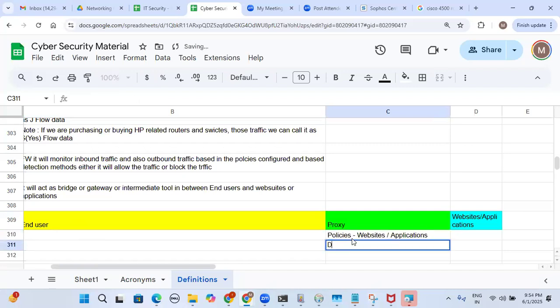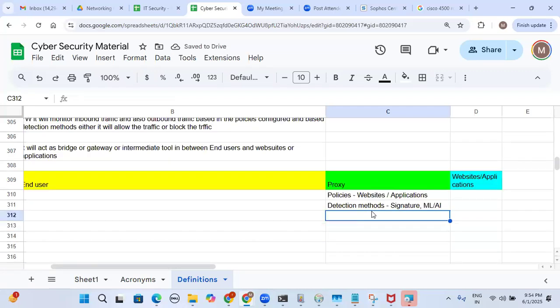So policies we can configure, and also detection methods. Detection methods, I already told you, every security tool uses signature-based, and also ML and AI. So based on these two different types of configurations or implementation, if you are trying to do something, now the end user